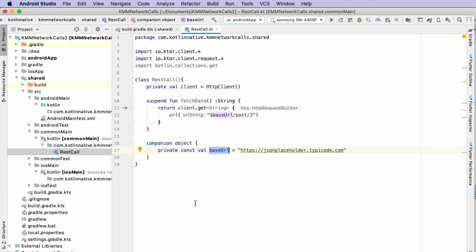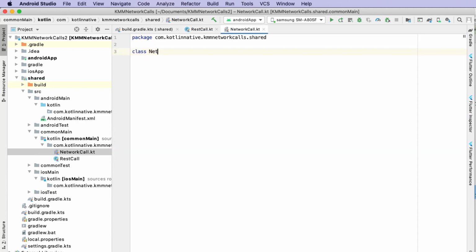Now we will write a class to invoke this fetchData function.